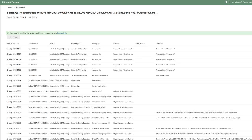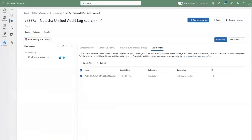How this works is you can generate an audit log from the time frame of when the account was compromised. This will show all activity while the account was compromised. So here you could pull the file, get a time frame, and pull this information out. Once this is done, you will be able to see the details of the account. You could then also upload a search by file, and it will target the activity that was done while the account was compromised. So if you go to the next screen,